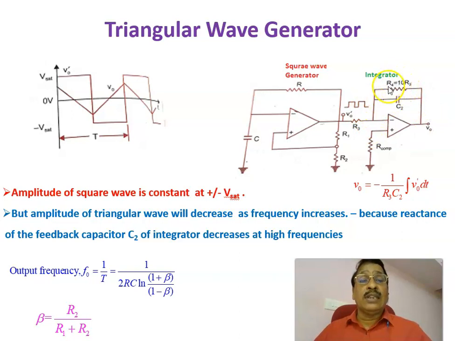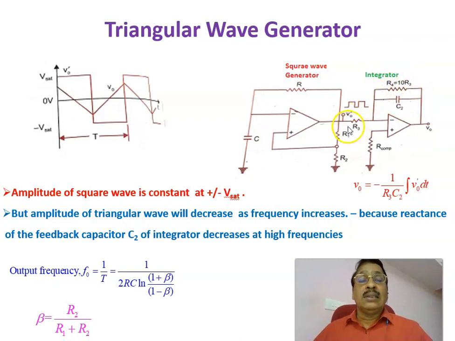The purpose of introducing R4 in the feedback path is that if there is a DC shift coming at the input, in the absence of R4 that will cause the op-amp to integrate into saturation, so that the working will not be perfect. In order to avoid this, we connect a resistor R4 in parallel with this capacitor,